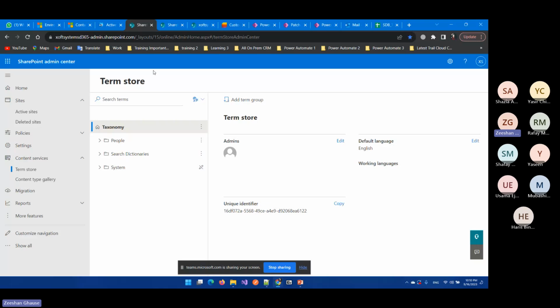So for example, here categories. We can say here the taxonomy. Under the taxonomy, we call this one, in our local language, the Darjabandi. These two groups will be automatically created, and this is out of the box. It will come automatically once you subscribe to SharePoint. If you want to create your own,